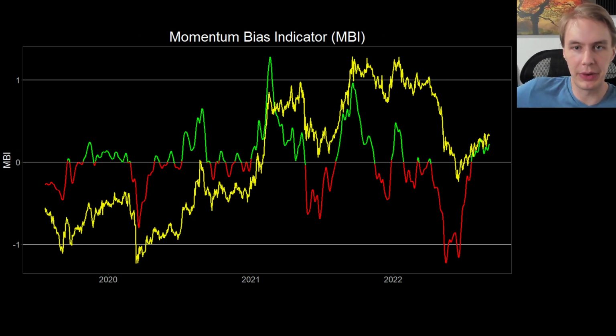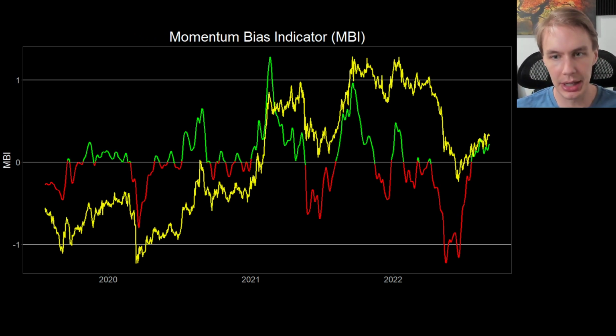Now, if we flip over to a final model I want to talk about here, the momentum bias indicator, this gives us also some interesting information from a more macro perspective. So if you're not familiar with the MBI, it quantifies momentum in an asset, and specifically it's the momentum bias indicator. The idea is that it's trying to identify when the momentum is biased to the upside, which tends to happen in bull markets, or when it's biased overall to the downside, which tends to happen in bear markets. So bullish momentum pulling price up, bearish momentum pulling price down.